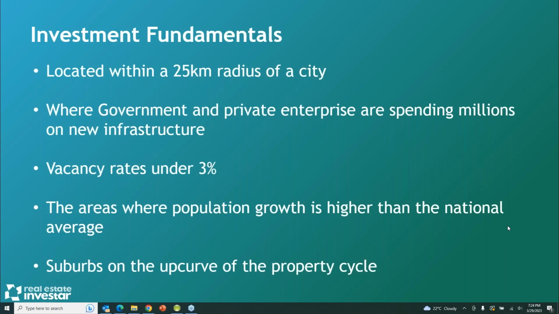So within a radius of a capital city, especially for your first purchase, look to invest where the government and private enterprise are spending money, because the government doesn't just spend money for the point of it. On infrastructure, there are lots of budgets in place, and lots of different councils applying for the state government budgets. So if they're starting to build schooling, upgrade roads, universities, things like that, that's a really good indication that they've done the population forecasting on the growth. And when you start to see those private companies come into the market, again, that's a great confidence sign.